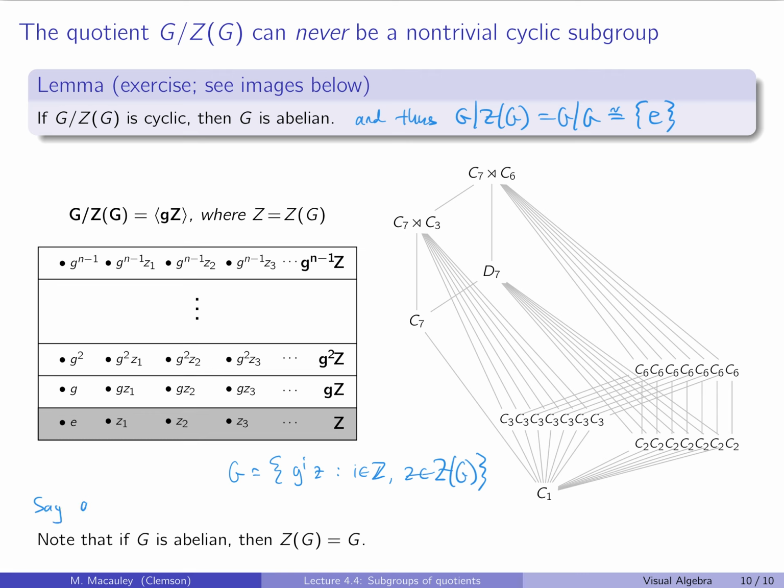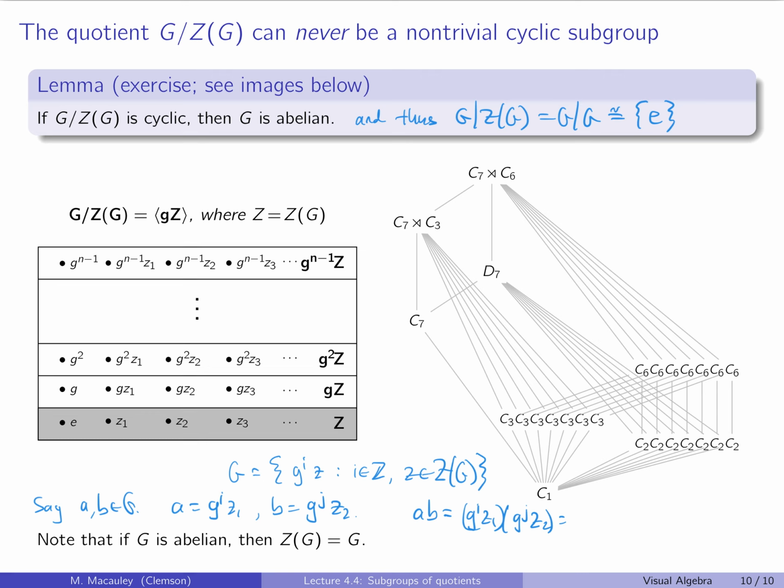Say A and B are in G. Say that A is equal to g to the i z1 and B is equal to g to the j z2. Then A times B is, well, the z's commute with the powers of g, so all of these things commute. So A times B is g to the i z1 times g to the j z2,